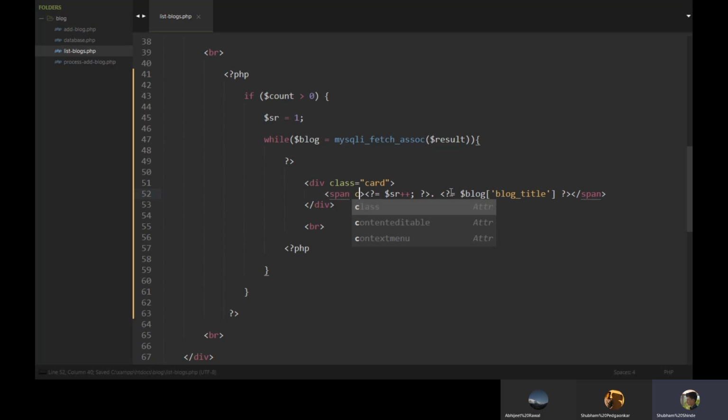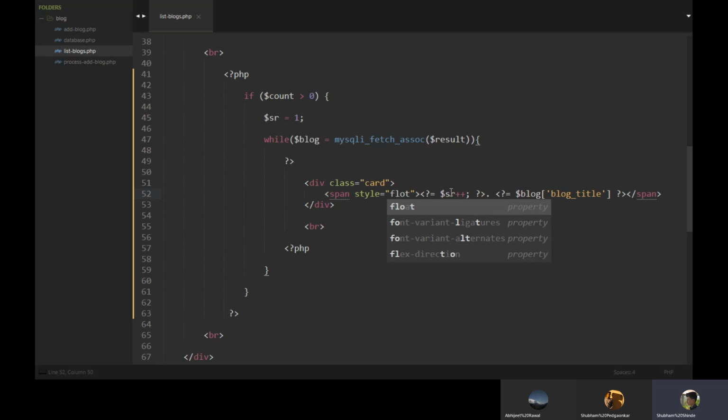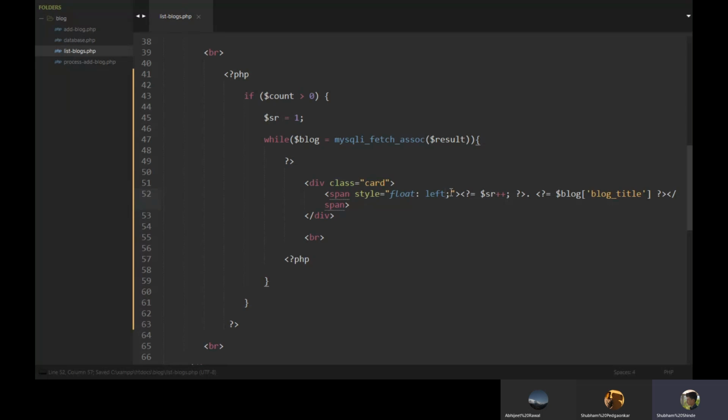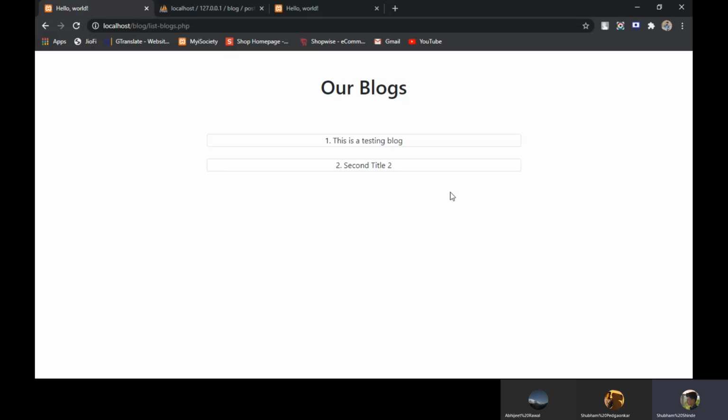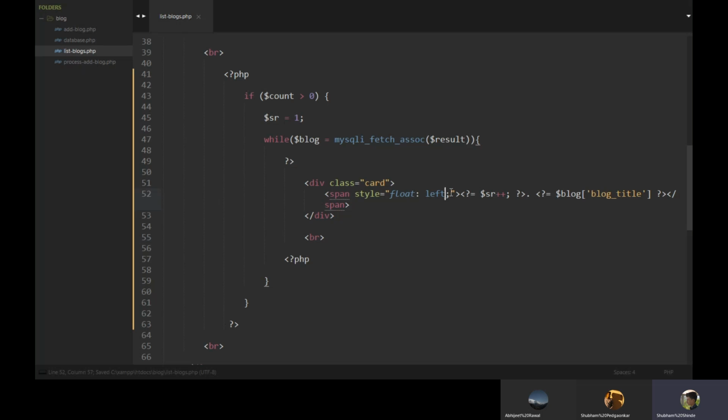In span we will define a class, a bootstrap class, sorry, not class, we will define custom style, from normal CSS, float left. Let's try this. Yeah, it's not working. Just a minute.